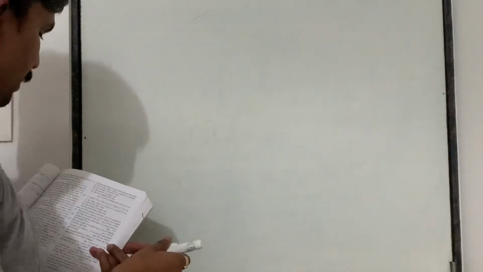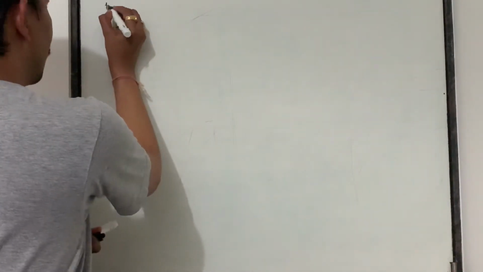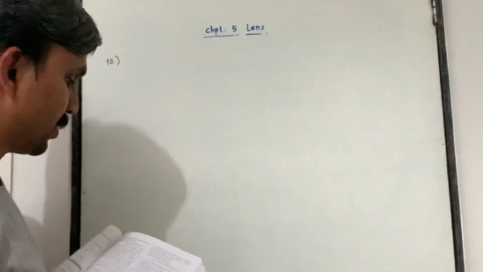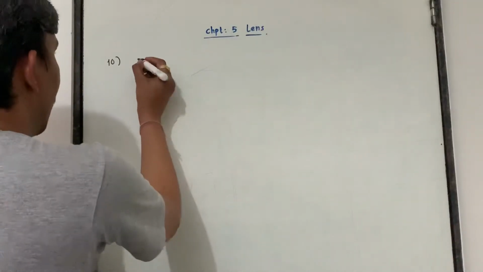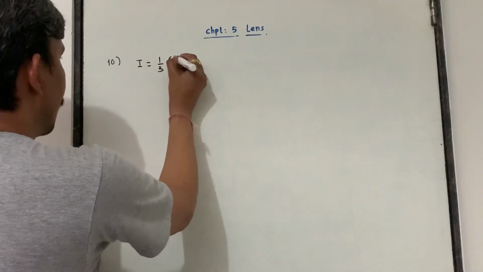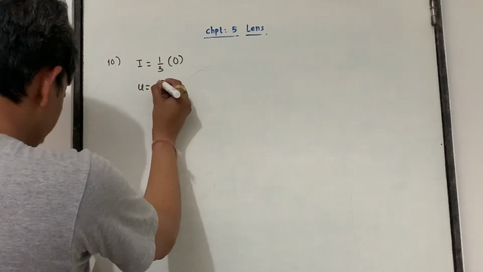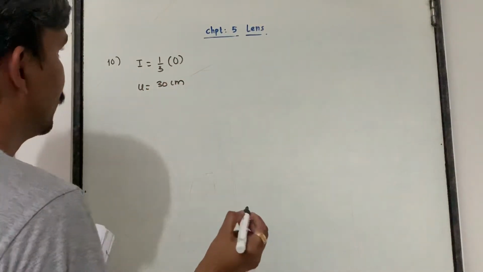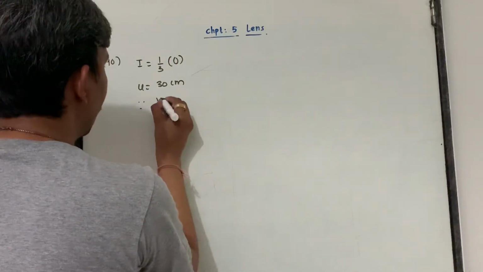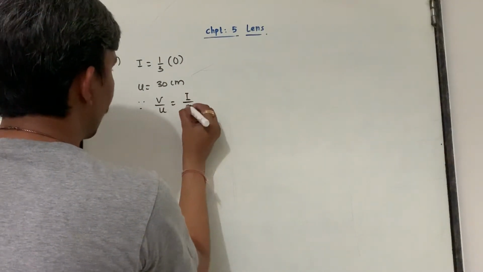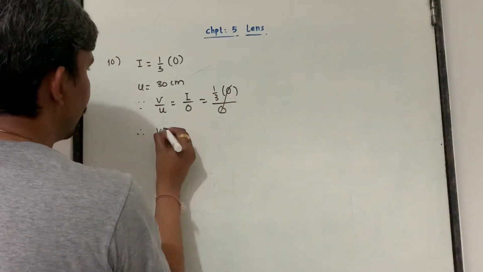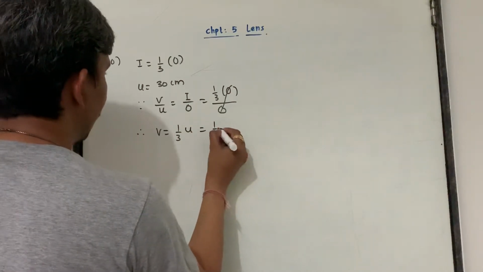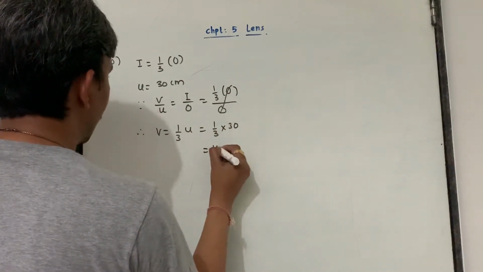Check. In the 10th, what is given? A concave lens forms an erect image of 1/3 size that of object, which is placed. Matlab I is 1/3 of O. U is given as 30 centimeter, right? So can I write here, since V by U is equal to I by O, which is 1 by 3 of O upon O. So this O cancels. V is equal to 1 by 3 of U, which is 1 by 3 of 30, which is 10 centimeter,